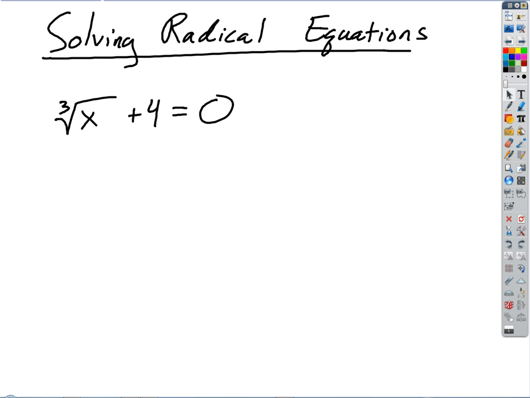And I'm just going to go through a bunch of examples of solving radical equations, and there aren't very many rules. I'll just identify the rules for you as we go, and you probably will actually. All right, so for this first one, your intuition is going to be right. What do you think you do? Yeah, good. So this is one where we can isolate x, right? And to isolate x, we're going to subtract 4. And so we're going to get,